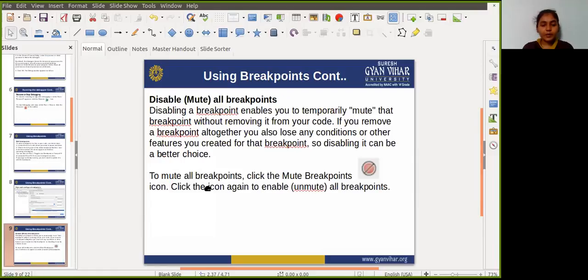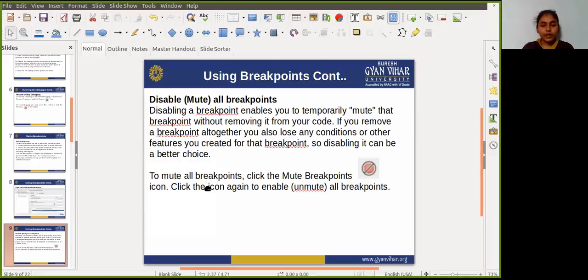Now we can disable or mute all the breakpoints. Disabling a breakpoint enables you to temporarily mute that breakpoint without removing it from your code.